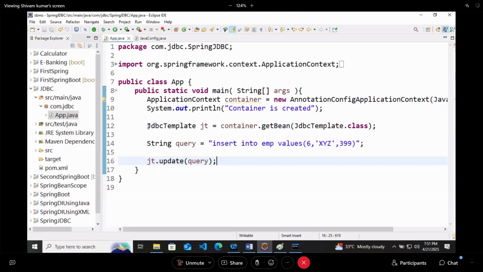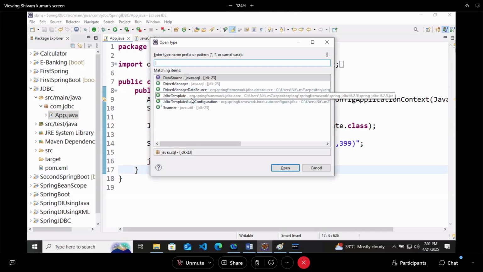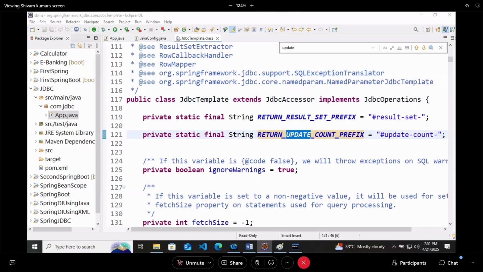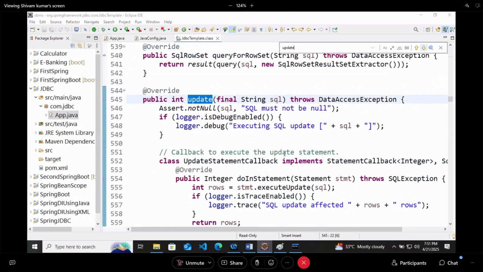Again, I will open the JDBC template class, and here I will open the update method. What is the return type of this update method?